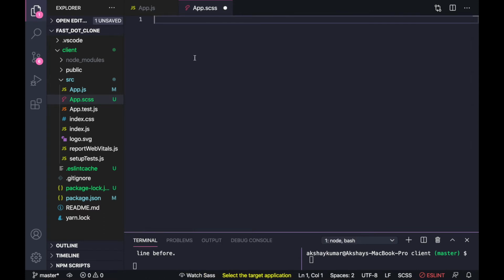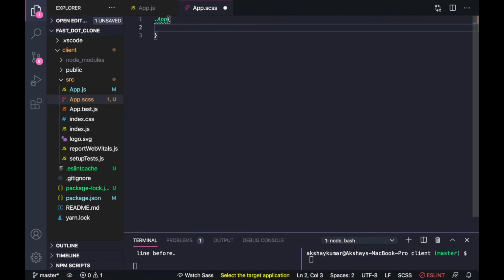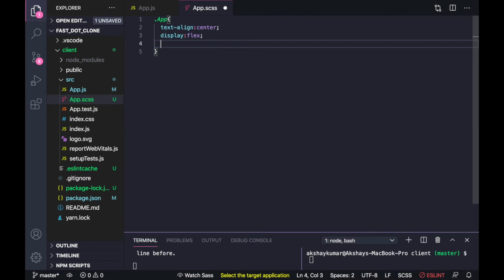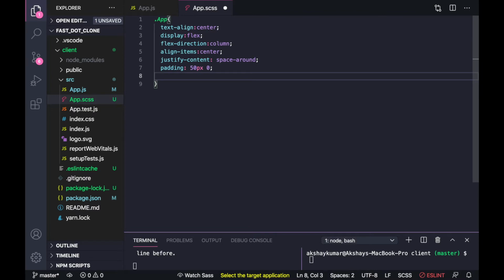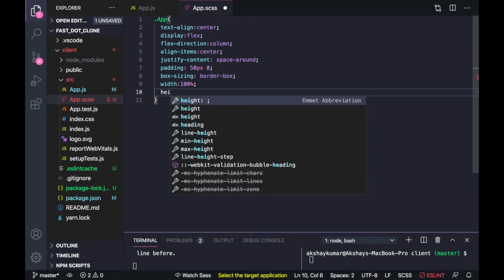So first I will start from .app. Inside the .app I will write text align center, display flex, flex direction column, align items center, justify content space around, padding 50 px and 0, box sizing border box, width 100%, height 100 vh.